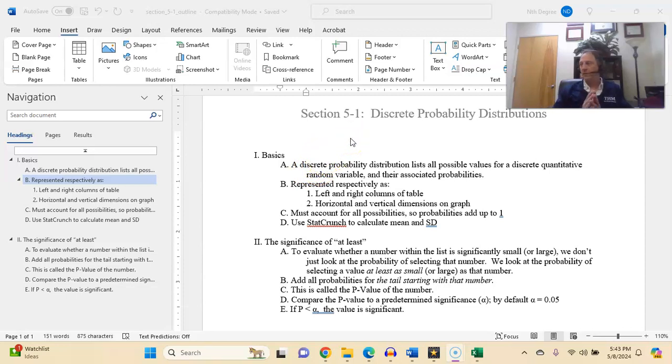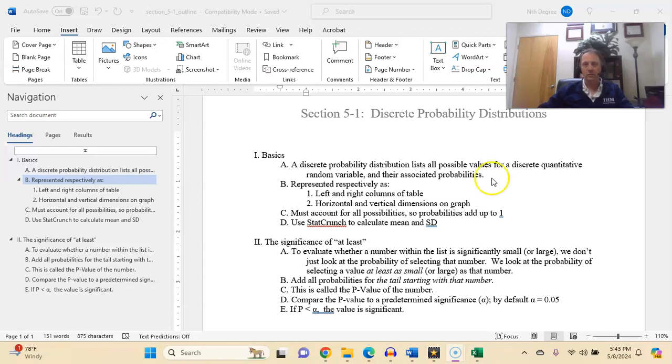Continuous is something like a liquid that can flow continuously from empty to full, whereas discrete is something that is usually used to count. How many pens am I holding? 1, 2, 3, it could be 4, 5, 6, but that's a whole number. Discrete doesn't always mean whole number, but in our class it almost always does. Quantitative, I hope you remember, means described with numbers as opposed to qualitative or categorical, like red,